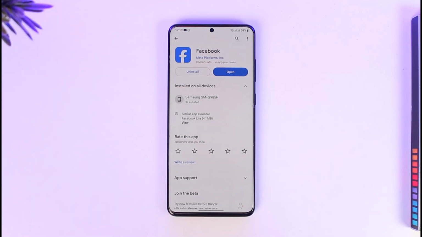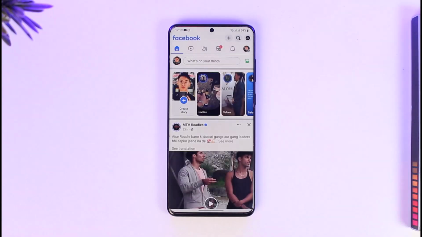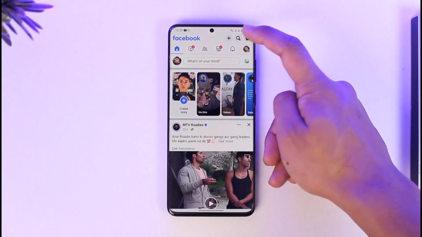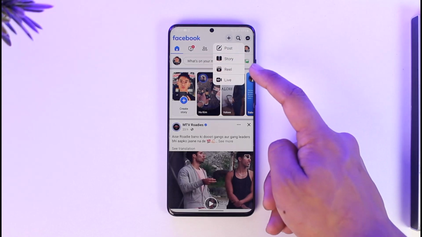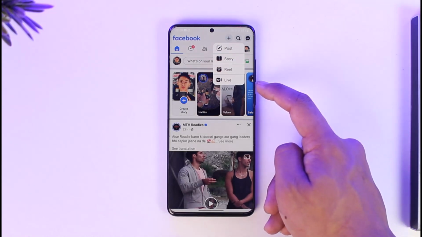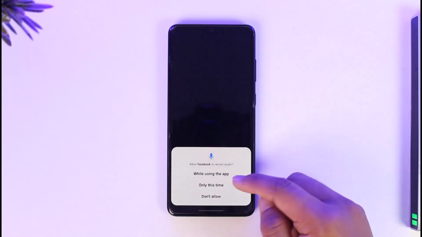ahead and first of all make sure to launch the Facebook application here. Once you launch the Facebook app, in order to go live, make sure that you're on the latest update. On the latest update, you'll find the plus icon at the top right-hand side. When you tap the plus icon here, you'll find the options called post, story, reel and live, which is exactly what we're looking for. So tap the live option here and now just allow access to your camera or